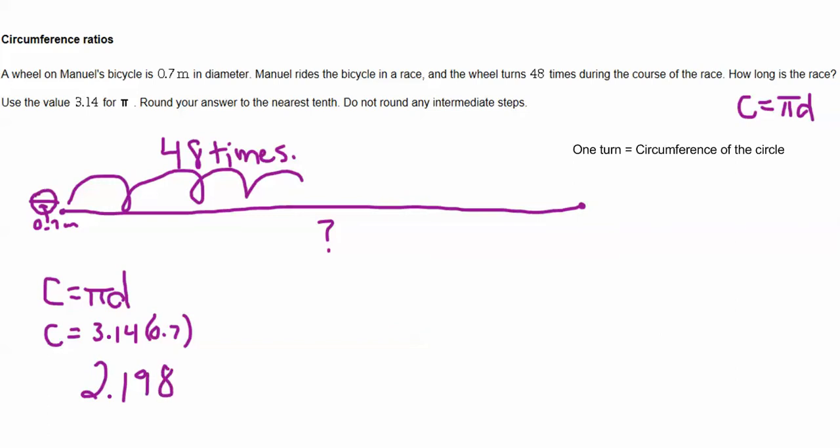So when his tire has rotated one time, he has traveled just a little over 2 meters. That's one turn. We know that his tire is going to turn 48 times before he crosses the finish line. So if one tire turn is 2.198, we're going to take that times the 48 turns,